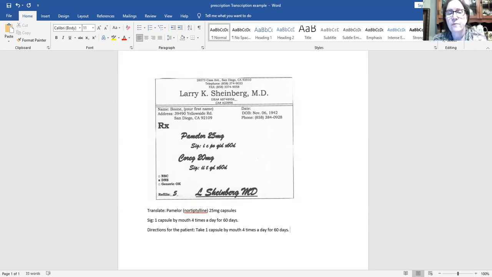Now, when we're talking about the form, the route, and the verb, that's what we're looking at here. Take is your verb, and then capsule is the form, and by mouth